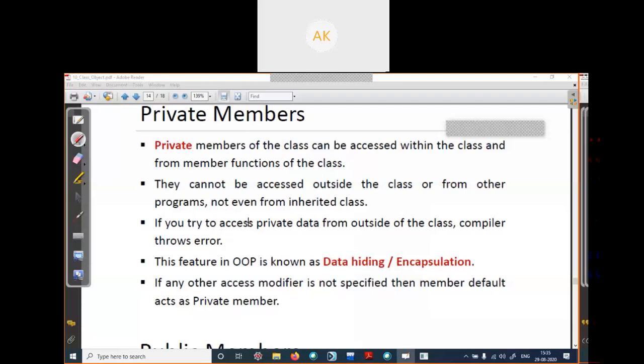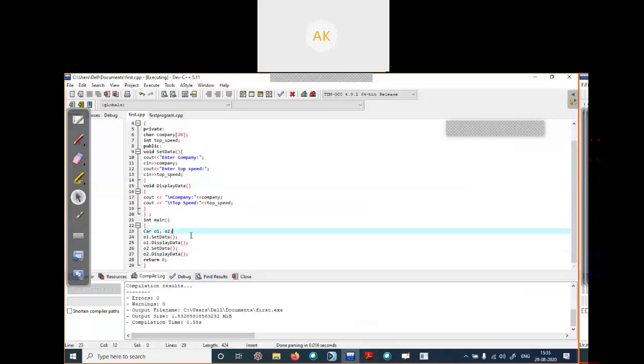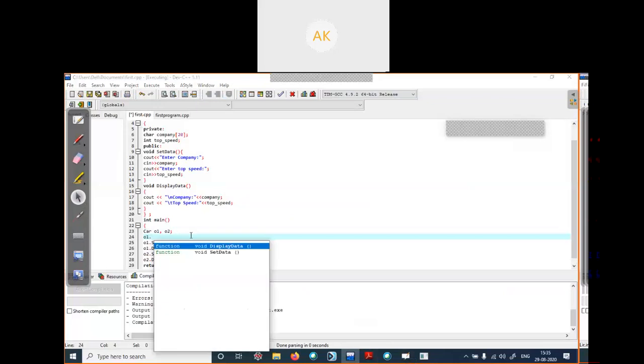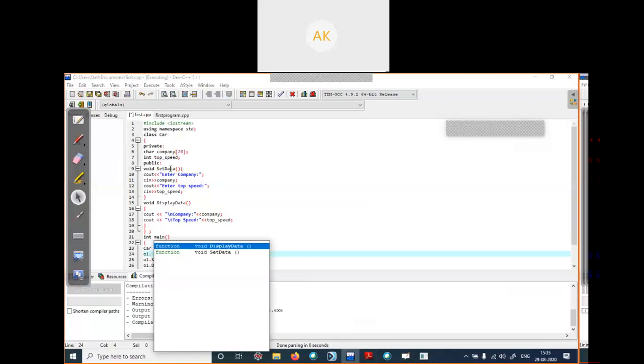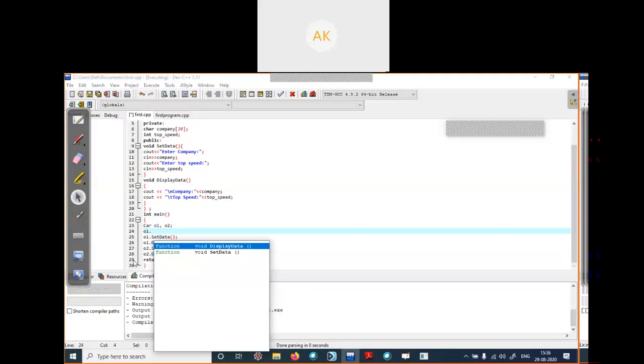If you try to access the private data outside of the class, the compiler throws an error. Just see in this program. Suppose I want to access o1 dot, and the first data member's name is top speed.